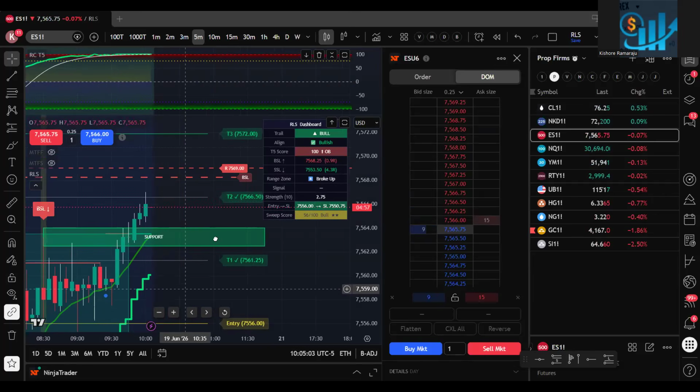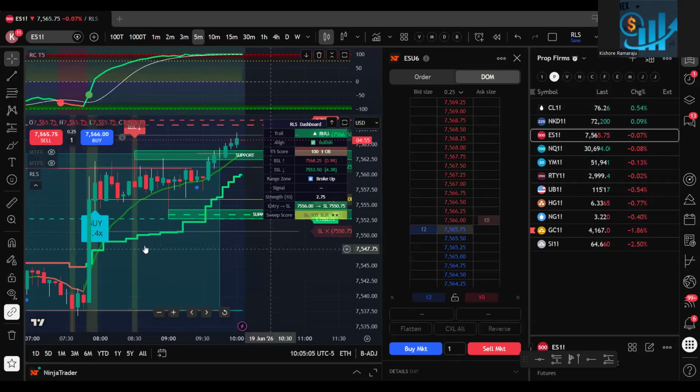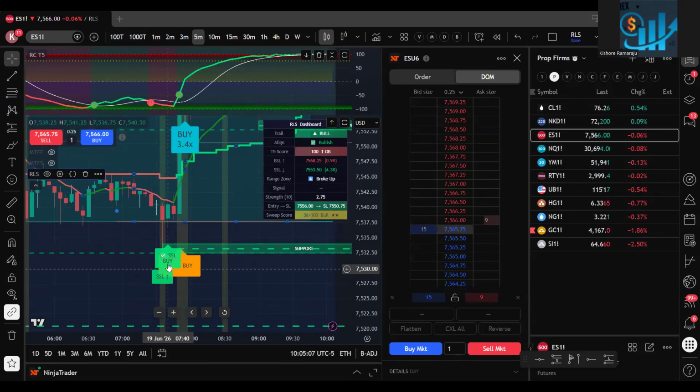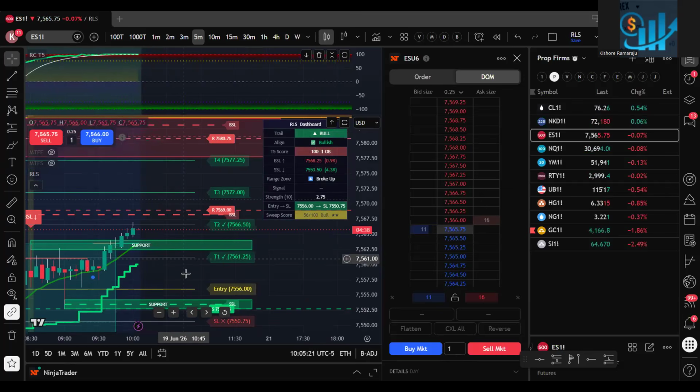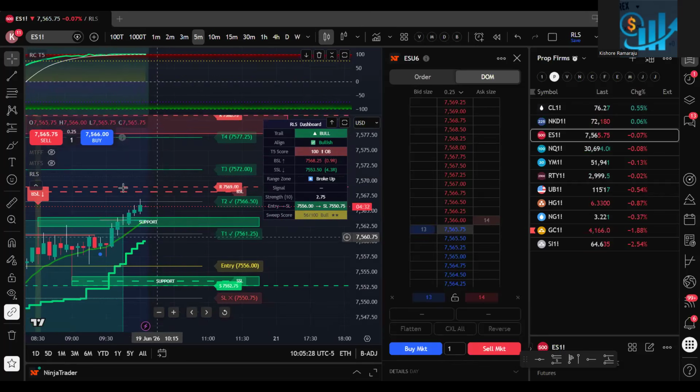Yeah. If you took a long here, then you know your buy side liquidity is around 75.68. If you take a short, you know this is your target. 75.53 is your target if we take a short at that point. So we are waiting for the confirmation now to see whether we get a sell signal, and then we can take a short.